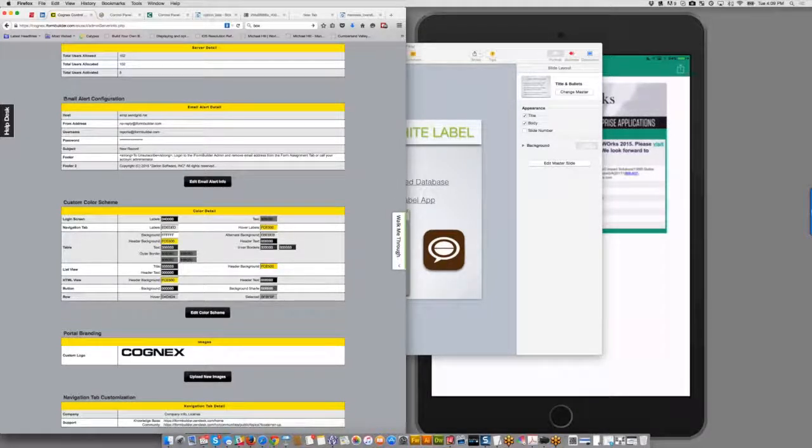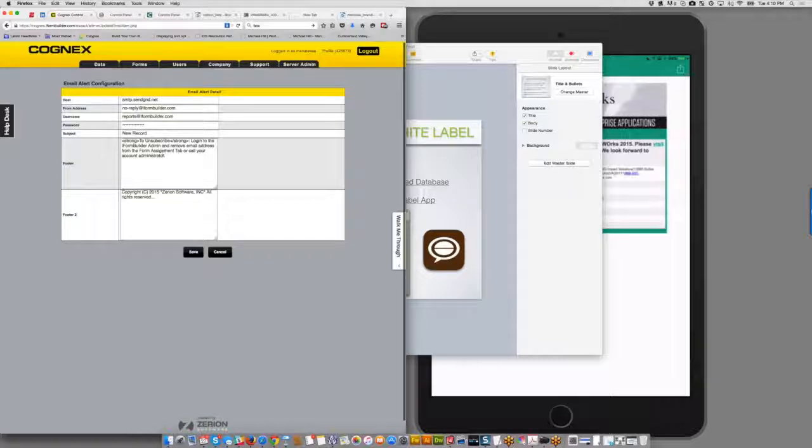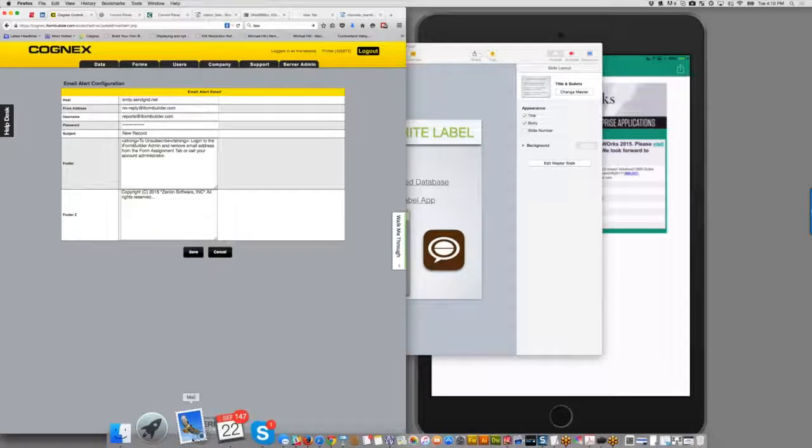Here's the email configuration. This is something else that I know is being worked on, but it's always a thing to me. You want to be able to define something other than just "new record" and then the form name. Maybe there's a way for us to change the subject from "new record" and share an element from a form. I don't know the status of that, but I'm pretty sure it's a short-term feature that should be coming around, because I know a lot of people have asked for it, because you're getting things coming in and you see "new record",